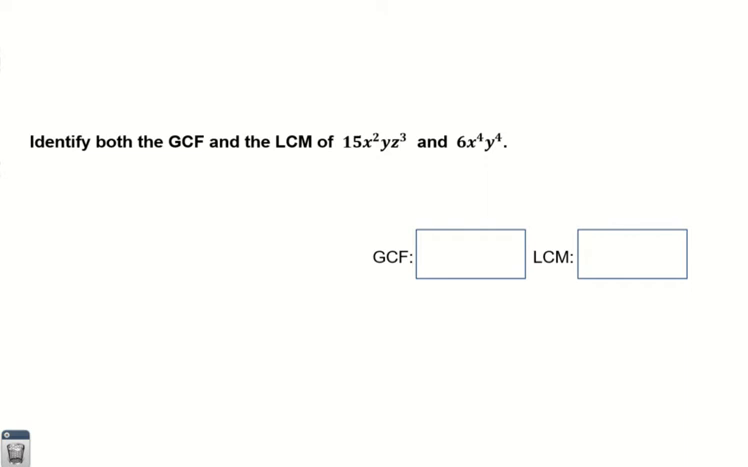Okay. Identify both the GCF and the LCM. Well, duh. Kind of help you out there, don't I? With answer spaces for both. It reminds you that you got to find both. You know, that the direction said that. Anyway,